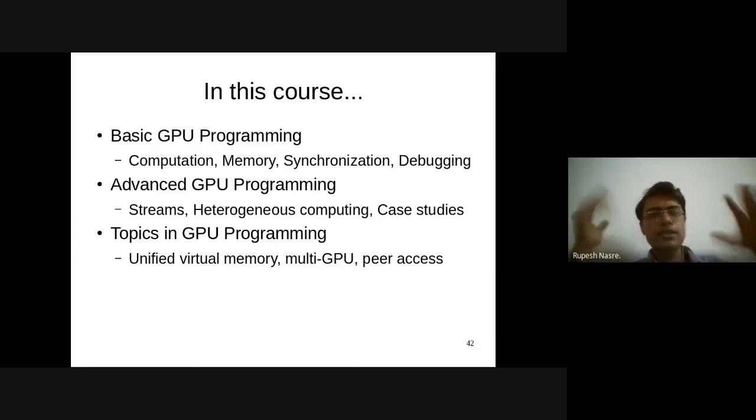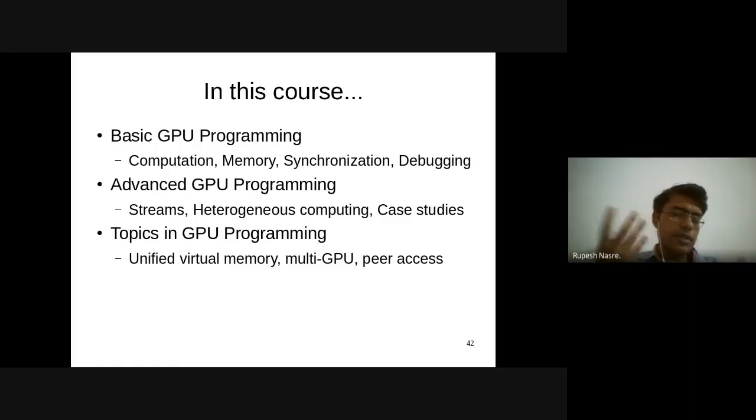So we looked at basic GPU programming, where we divided the processing into computation, memory, synchronization, etc. In computation, we looked at thread divergence, and then different numbers of threads per block. In memory, there is global memory, then shared memory, texture, constant, which we briefly did, just one program, but shared memory we spent some time on. Then there are also registers available which are not really programmable as such, but then there is local memory available for each thread.